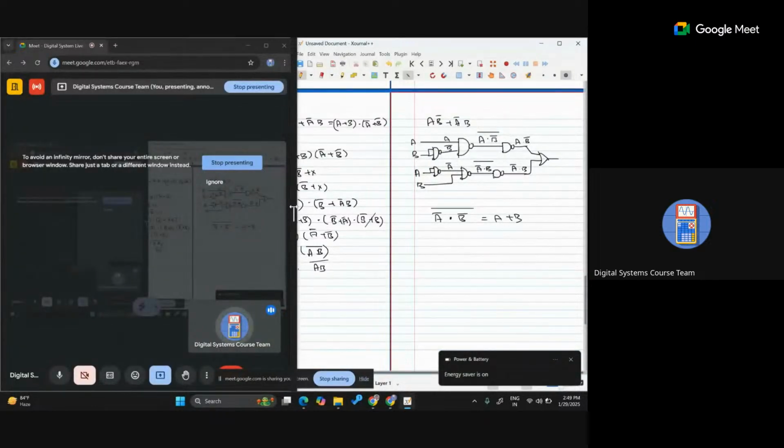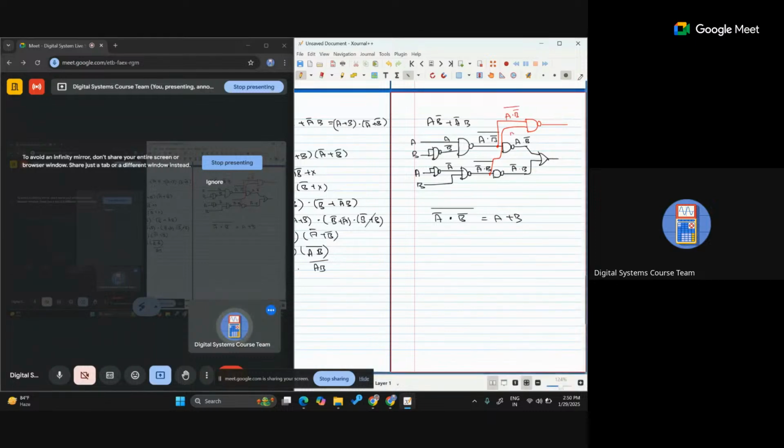Here I have the complemented values. If I give these two complemented values, instead of this way, if I connect this way, A dot B the whole bar, A bar dot B the whole bar, that gives